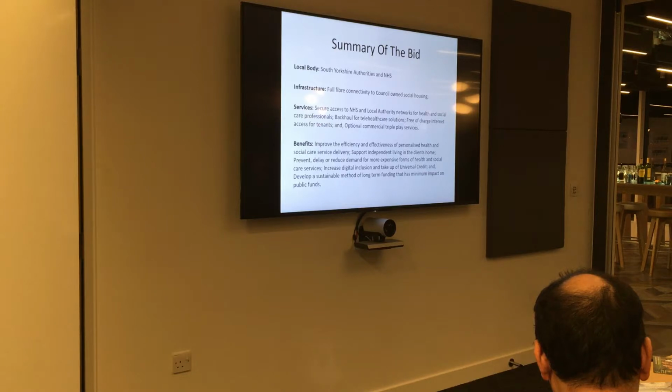And that's really there because DCMS will only fund the capital connectivity. They won't fund this long term. For this project to have a life, we need to provide some way of sustaining it in the long term. The idea being that a services provider would be prepared to provide the connectivity to NHS local authority networks, free backhaul and free internet access in exchange for an exclusive concession for being able to upsell, if you like, those